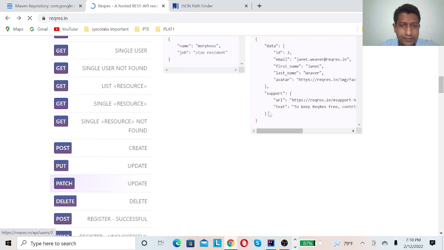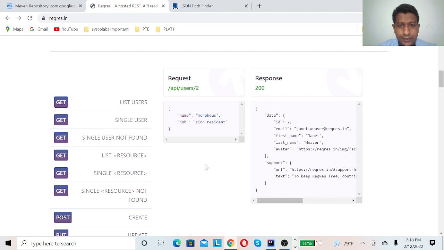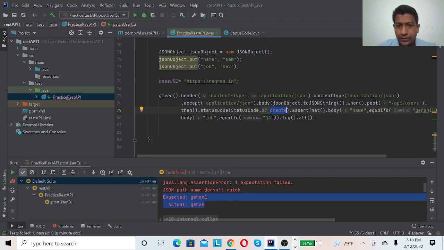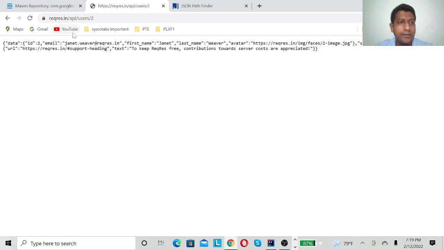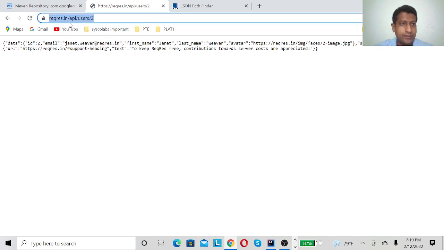Under patch, you can see it's a 200 status code, so you can change create to OK, and here you can assert. I will change the asserts, and let's check the URI. So this is the URI. I'm changing the second user ID, so just copy the URI.